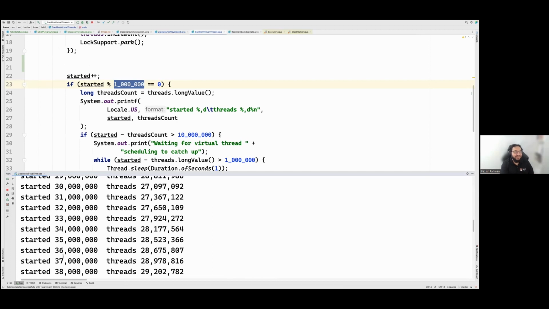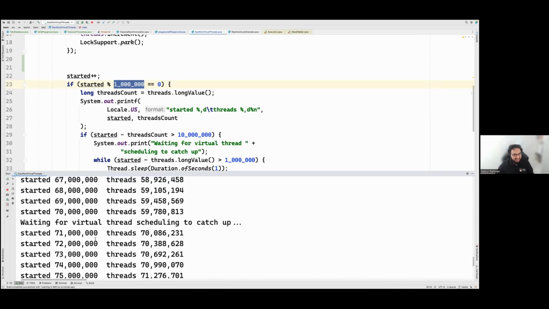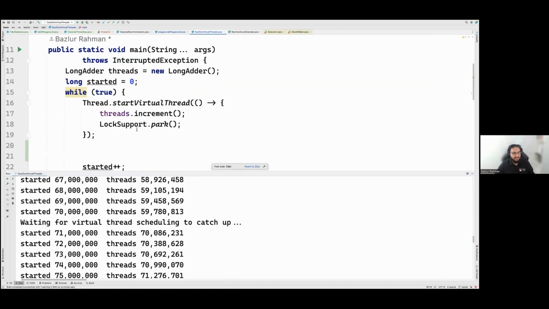So we can create gazillions of threads like this, but again, they are going to be garbage collected when they're not in use. But theoretically, we can definitely create more than 1 million at a time. You can see that, right? So that's the interesting experiment, and a lot of people did this experiment in many different ways.